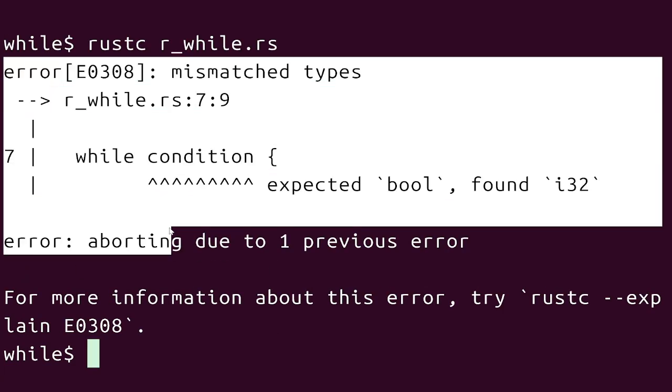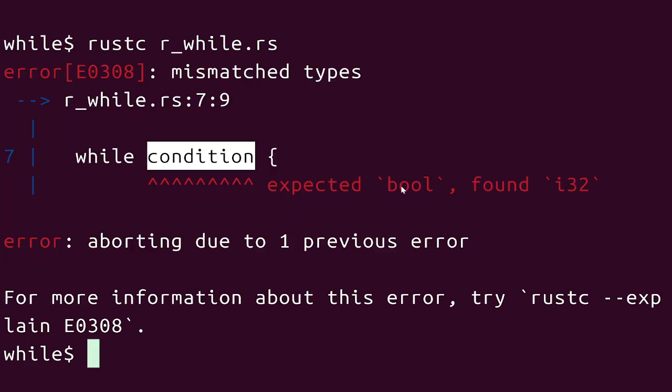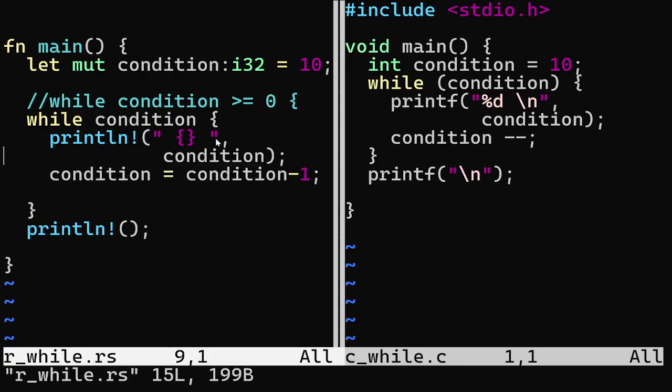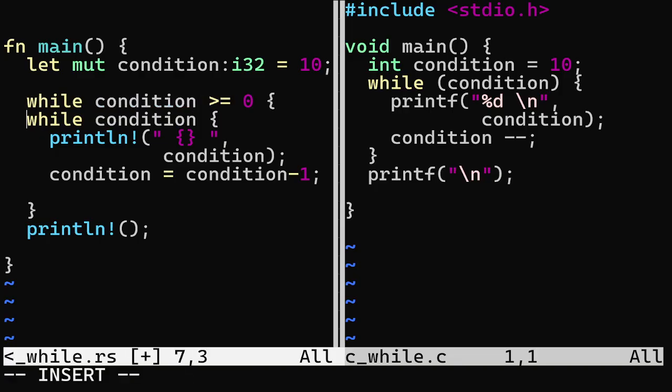The Rust program gives a compilation error. It says, hey, the condition is expected to be bool, but it found integer. So in case of Rust, it strictly wants the condition to be either a boolean or to evaluate to a boolean. The expression can evaluate to a boolean or it can be a straightforward boolean, right? So here in this case,